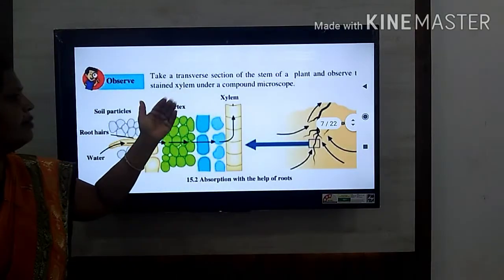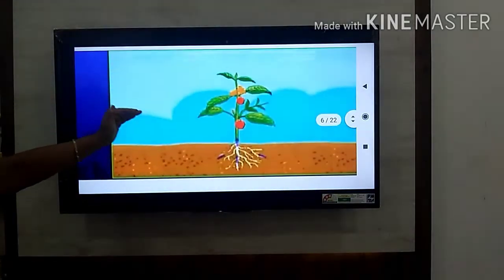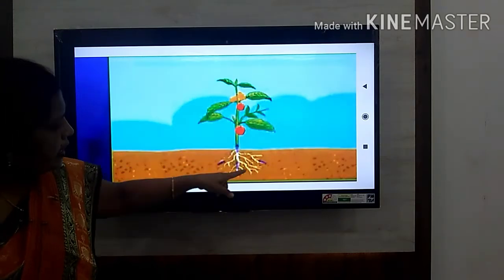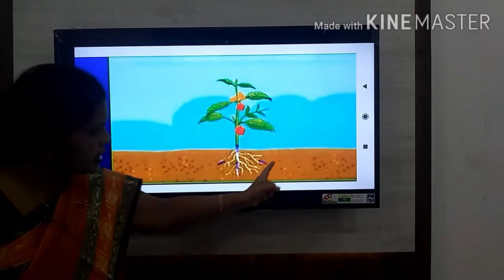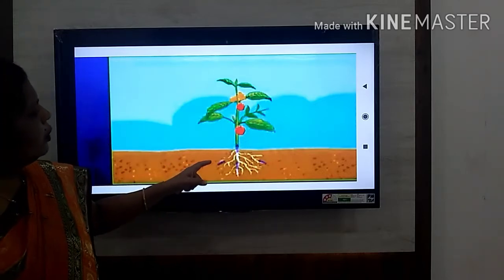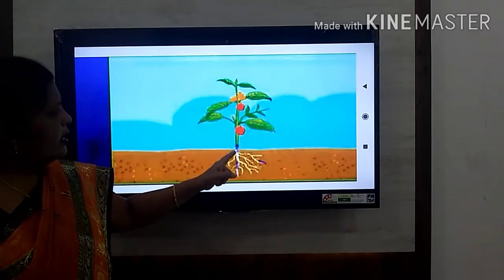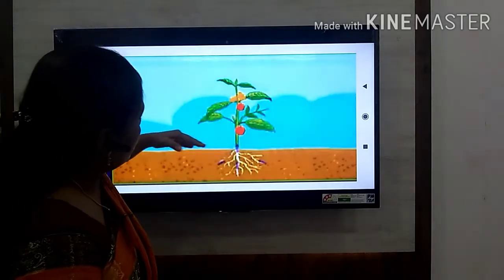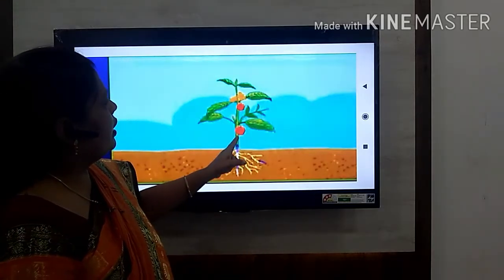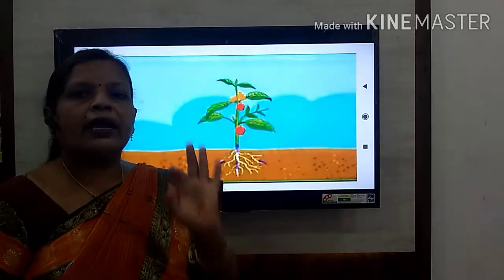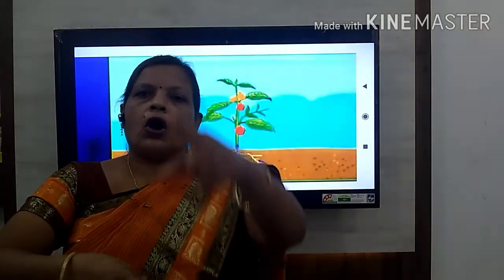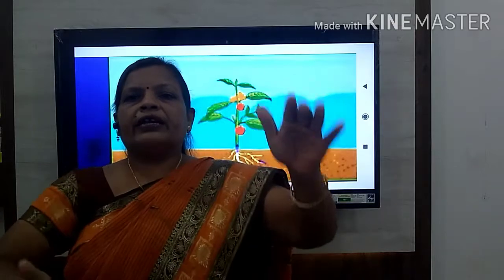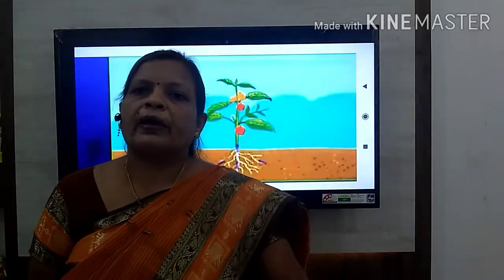In the previous slide we will see it. Yes, here is one of the plants, whose roots are buried in the soil. Here is the surrounding soil solution. So more and more water will enter the root, and as the water enters the xylem tissue, because of the root pressure, water will move in the upward direction, because the xylem tissues are in the form of a long pipeline. The wall of the adjacent xylem cells will disintegrate and form a long pipeline.